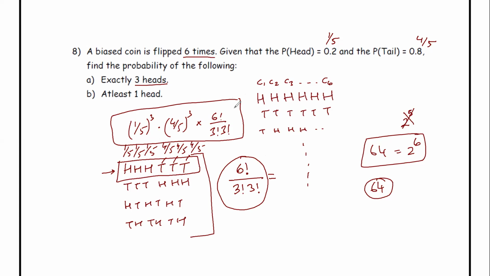Now, what would it be if the coin was unbiased? So in an unbiased situation, you simply would divide this by 64. I'm sorry, but you'd simply divide this number by 64. You'd get your answer. Or if you want to solve it with this concept, with this one level above our